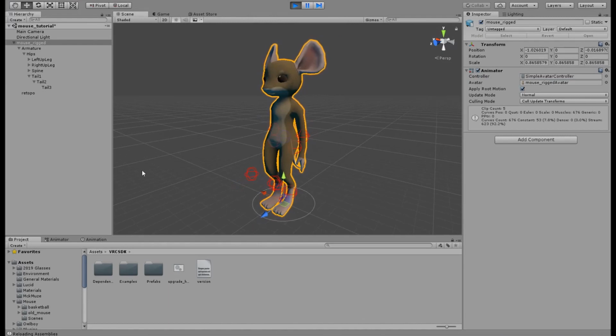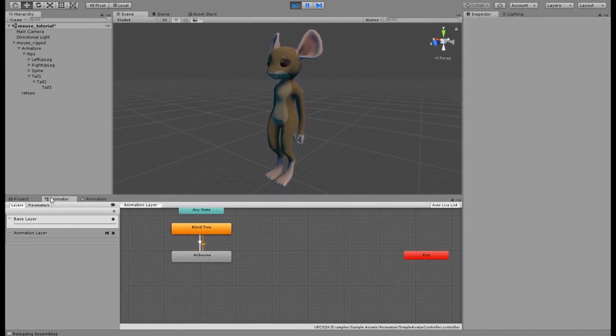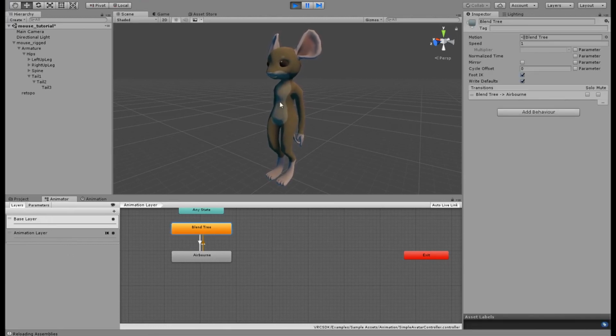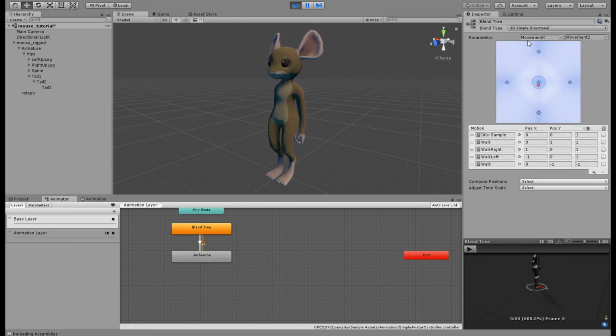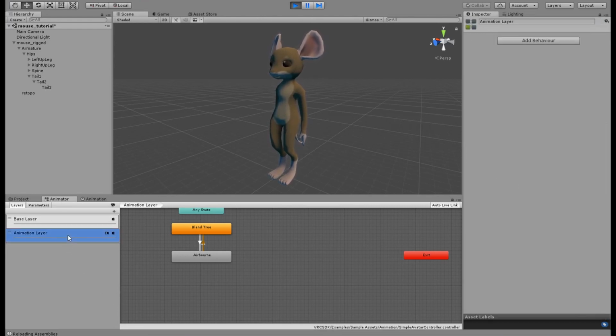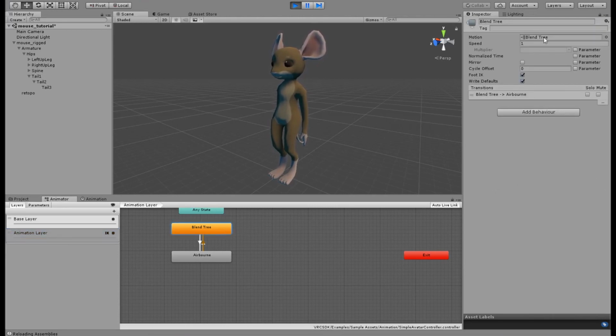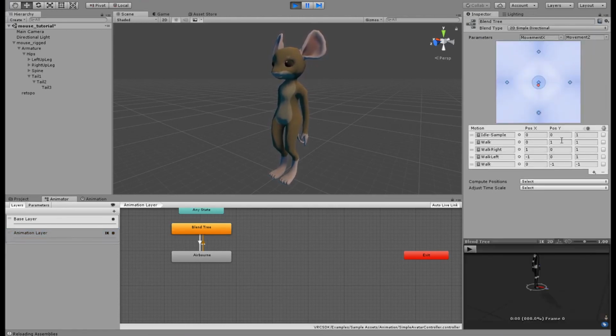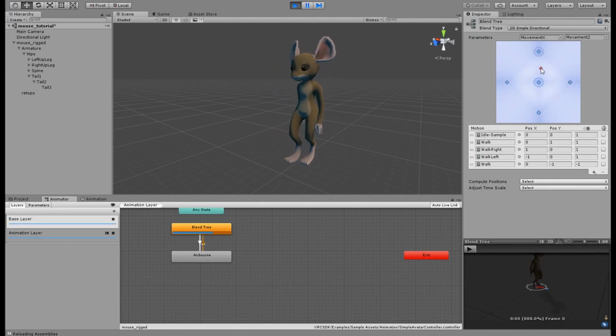And this avatar controller is controlled with this animator layer and with something called a blend tree. This blend tree blends different movements together to create seamless animation between them, and you can control the animation that your character has. So what I did is I went into animator, I went to the animation layer, I clicked on blend tree, and I double clicked on blend tree up here. And here I have this little red dot. If you move the red dot around to the different blending modes, you can see what